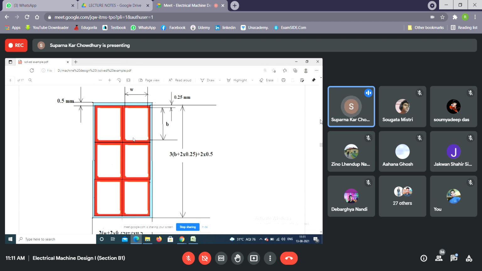That will be avoided because depth will be more. There will be more skin effect. And this conductor I have shown, you can see that the height is more than the width. This height to width ratio should be between 2 to 5. Now if it is below 2, that means this height is small, and this will increase the width, so there will be more skin effect.